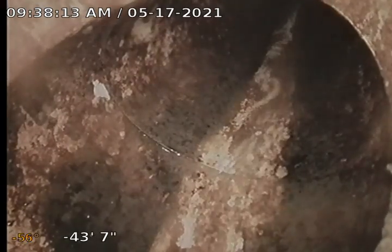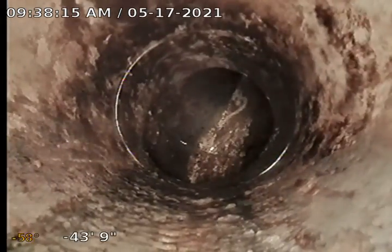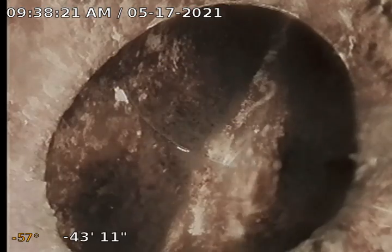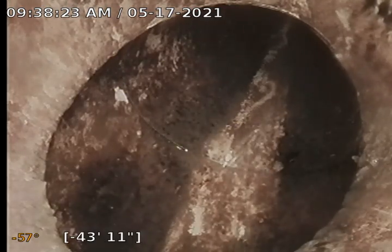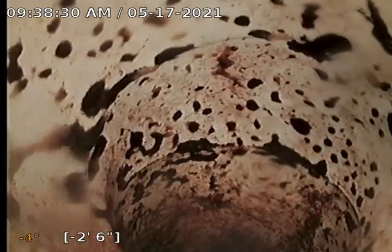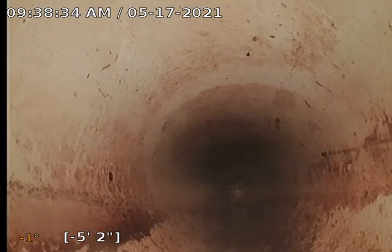We are coming out of that larger shared section now. So this is where I believe we are coming into a 4-inch section of line that personally serves 2051. I'm going to zero out our footage and come back through here. And this as well is PVC pipe. And it appears to be 4-inch diameter. So my thought is that this is the only line on the Crescent, or we are on just the solo